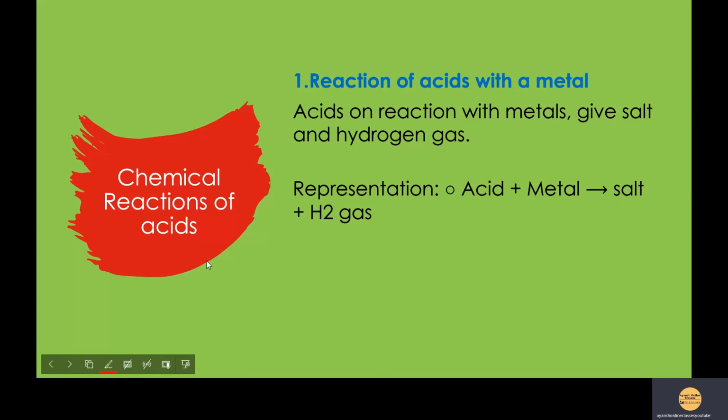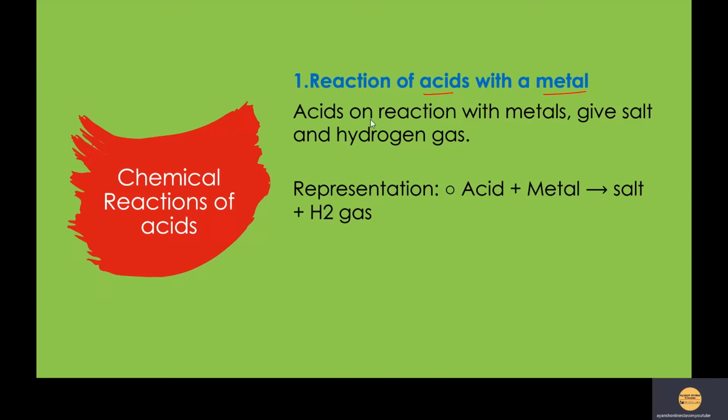Now, firstly, we are starting with the chemical reactions of acids. Already we have seen what acids are, their definition as well as their general properties. Today, those properties will help us in deciding the behavior of the acid when it is reacting with another reactant. See children, first we are going to see the reaction of acids with any metal. In general, we are going to see how the acid is going to react with any metal, and what are the possible products which we can get after the reaction.